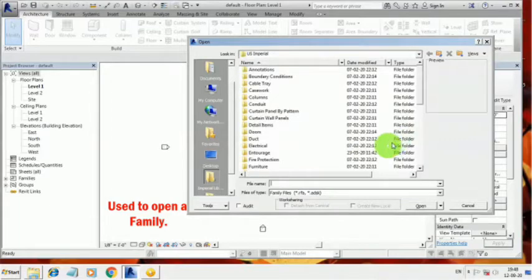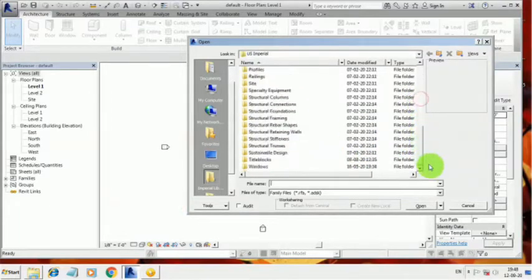So in the Open Families option, you can open default family files as well as saved family files.